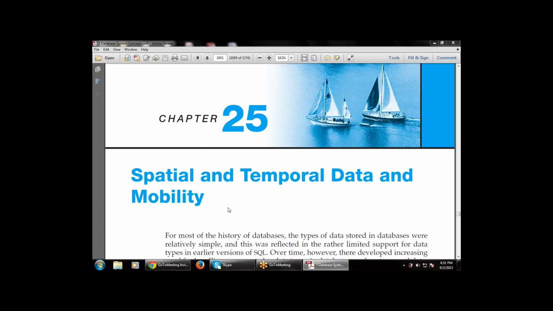Next chapter is chapter number 25, that is spatial and temporal data and mobility, or how to use the spatial and temporal data, and how we can share and exchange the data between the spatial and the temporal data. So this chapter is basically on the basis of the database that is used, that is relatively